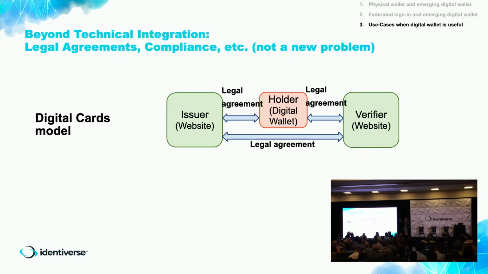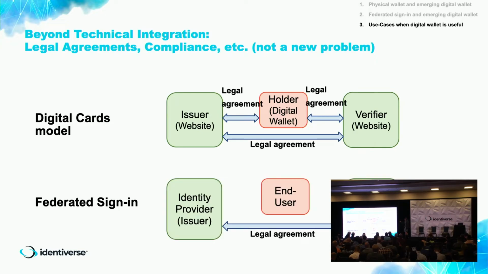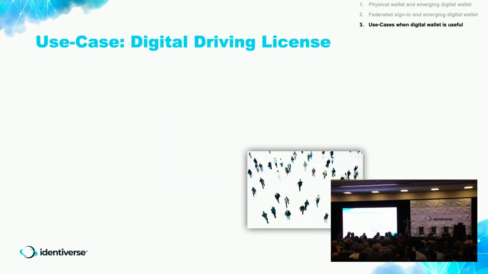And these can be both this ad hoc trust, which we introduced anew, but it can also be the legal agreements that we're used to. In the federated sign-in model, we do require certain legal agreements between the issuer and the verifier, right? And I'm not downplaying how hard it is to get it right. I'm just saying it's potentially not a new problem, and we can build on the existing expertise to solve it for this digital cards model, where now we have two legs where to have these legal agreements. And last but not the least, this is very important.